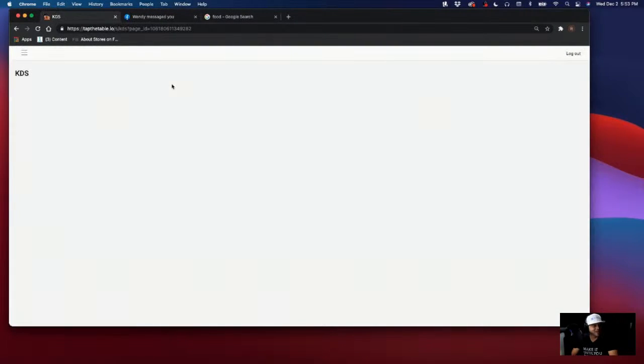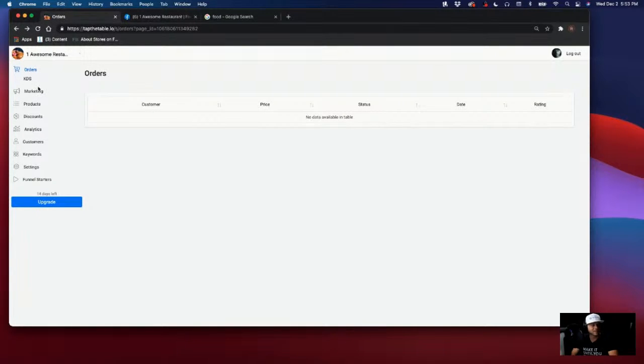We have nothing on our KDS screen. This is the kitchen display system. This is amazing, and this is what I'm going to have to ask you guys for help with here shortly. I'm going to throw a QR code and maybe some other fun ways to get into this menu that we're going to create. I want you guys to make orders so that I can look at this KDS screen